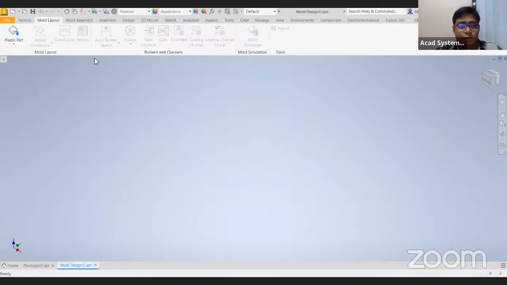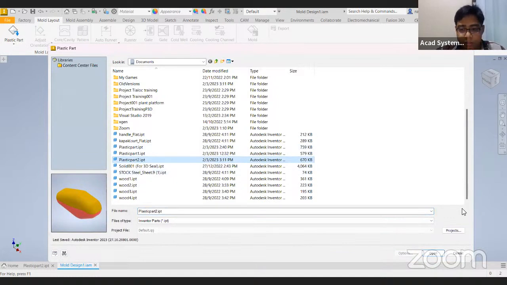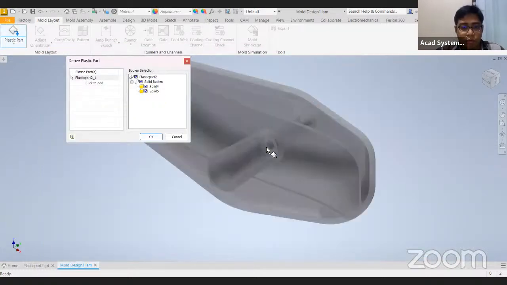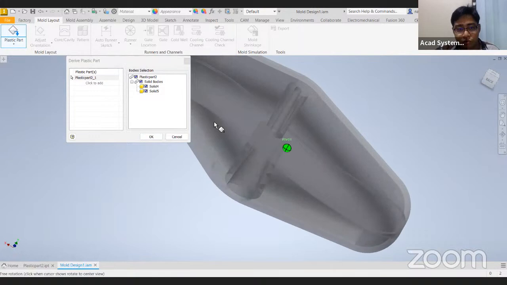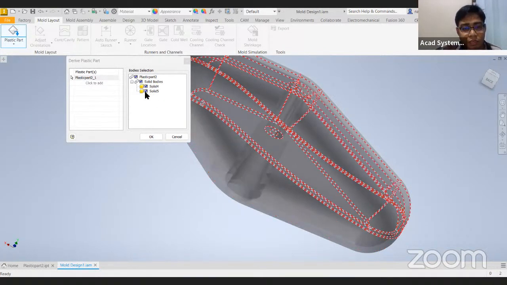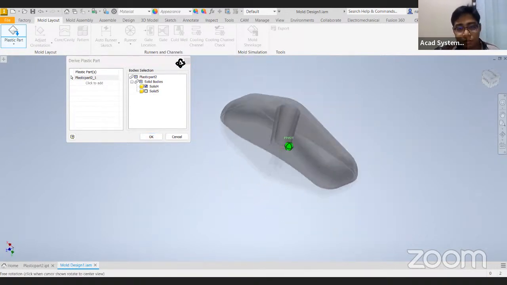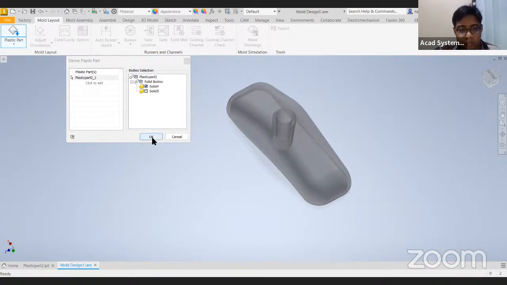And then I can input that plastic part that I have created before. So I can click over here. That will be the plastic part that I created before. Currently it's inputting both of these parts, but you cannot actually put both. You need to select one of these parts first, and then you can enter the other one later on. So I'm going to input the bottom part first. All right, so this one should be the top part. So I'm going to select OK